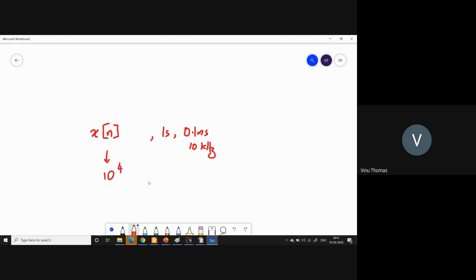So now to compute the DFT of x of n, you require 10 raised to 4 the whole square, that is into 4, 4 into 10 raised to 4 the whole square number of real multiplications. It is a very large number. So you require 4 into 10 raised to 8 number of multiplications just to compute the DFT of a sequence having a length equal to 1 second. You have recorded speech for only 1 second, and if you are going to try to find out the DFT, then you will require 4 into 10 raised to 8 number of multiplications.